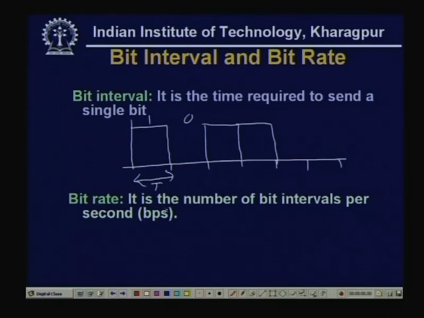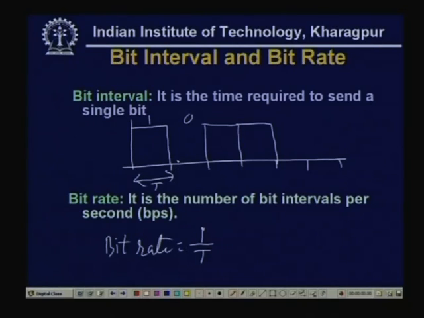Say this time t is the bit interval, and if the bit interval is t, then the number of such bits that can be sent in 1 second is essentially 1 by t, and this is known as the bit rate,